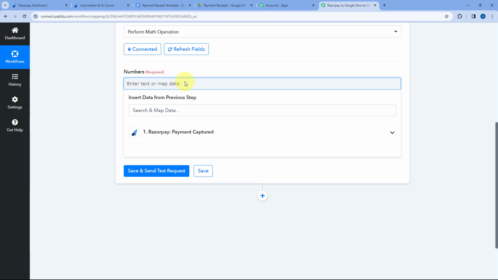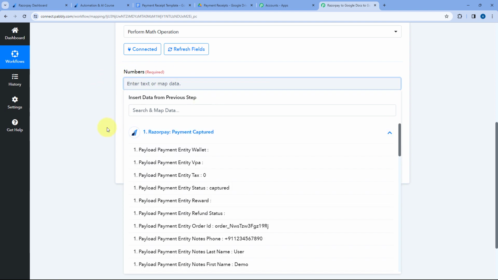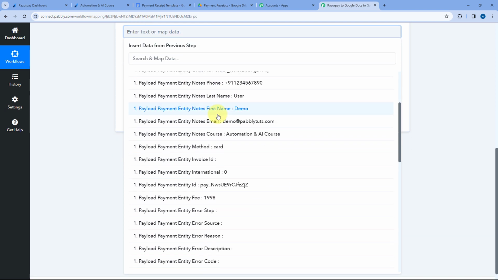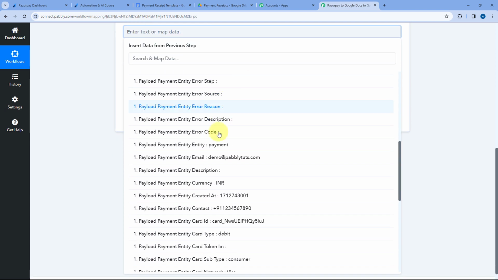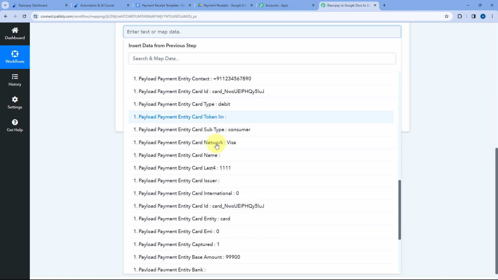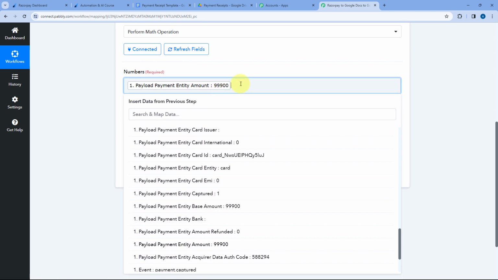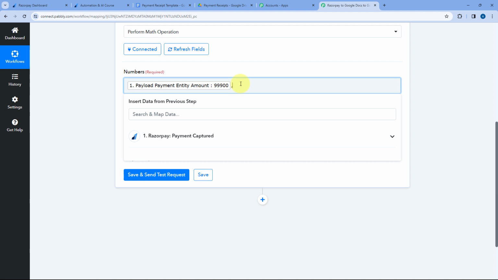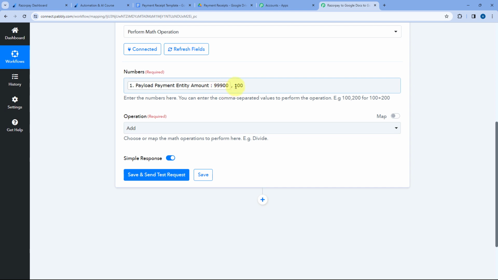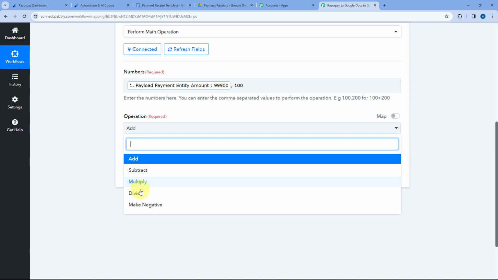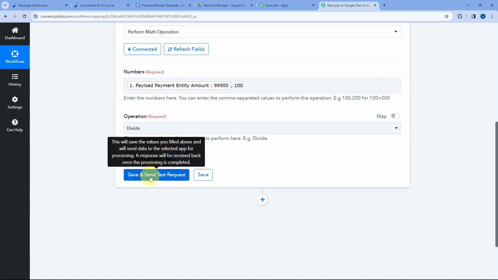And the process of mapping is very simple. Just click on this field and here in this drop down, you can see a list of all the responses which we have received from Razorpay of a new payment. Out of all of these responses, we are going to select the response of the total amount of the payment and we are going to map it. Then after that, just add a comma and then we are going to write 100 because we want to divide this whole number by 100. Then after that, under operation from the drop down, we are going to select divide